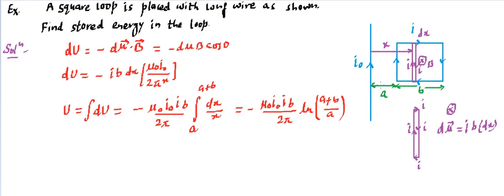So in this particular example, what you learn is how we can write this d mu. If we are able to find this d mu, then for any differential element, it's going to be this. Why do we need it for this differential element? Because B was varying. B was not uniform. If B had been uniform, then we could have applied the direct formula mu dot B. So that means the mu dot B formula is valid only for a uniform magnetic field. If it is non-uniform, take the differential element, go for this, integrate, and you will get your answer out of that.